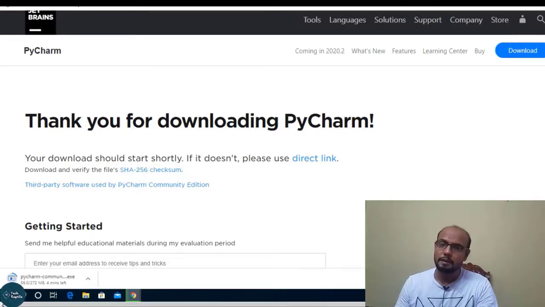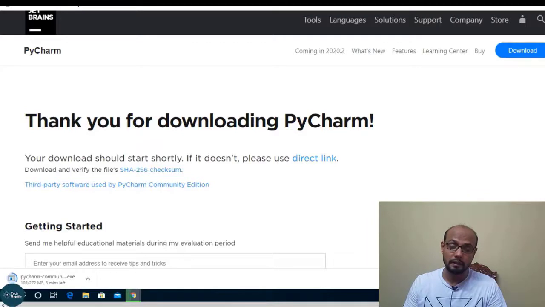PyCharm also looks very good. It has several features which are not present in the default IDLE of Python. PyCharm is 272 megabytes, so it will take a few minutes. So I need to wait until the download is complete.